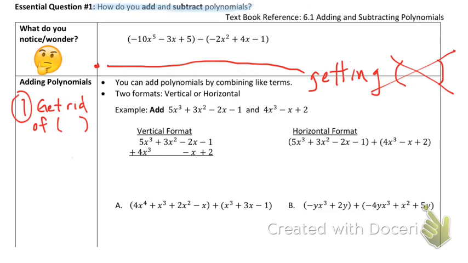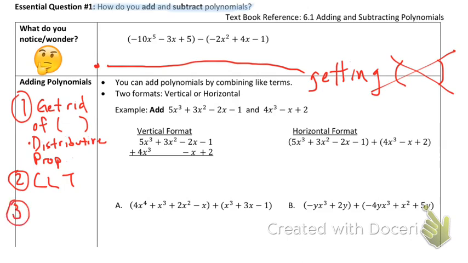Okay? In order to do that, you've done this before, you want to use the distributive property. And we'll get into more detail about what the distributive property is and go from there. The next step we want to do when we're adding and subtracting polynomials is combine like terms. And that's kind of what you see in the bullet here. All right? And last but not least,